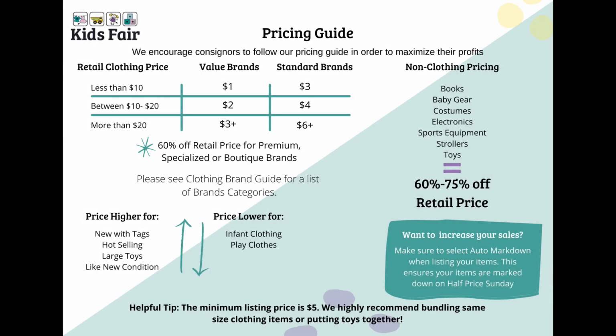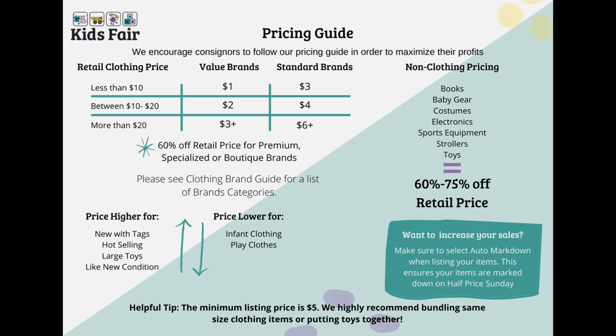Item pricing will not be discussed in great detail in this video. Consignors are free to price their own items. In general, clothing should be valued between $1 and $6 per item. Non-clothing items should be valued at 60 to 75% off the retail price, or 20 to 40% of original retail price. For more information about valuing and pricing items, please see the Kids Fair Consignor Guide and watch our video